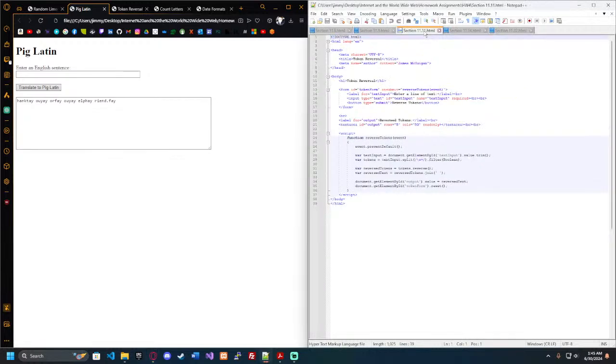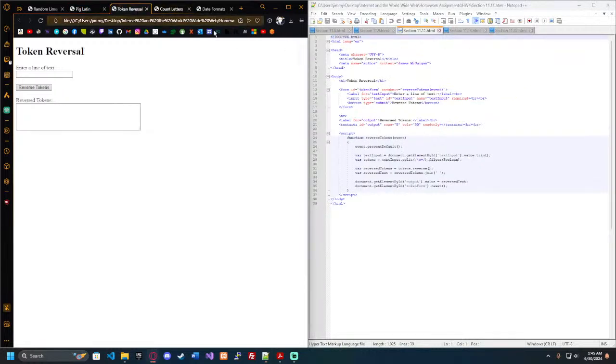Moving on to 11.11, we're going to have token reversal. So we're going to enter a line of text, and we're going to have the user input the text, and then we're going to have a button to reverse the tokens. So this would be the function for reversing the tokens in the event,